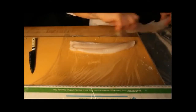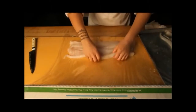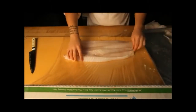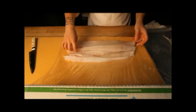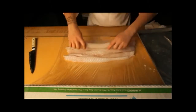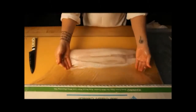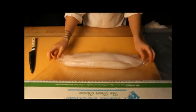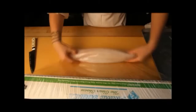And we have to get the meat in contact with itself in order for those covalent bonds to actually be formed. So that you can see what we're doing now, again, it's been brushed, the reaction is beginning to take place. We have a limited window in which we can make a nice, clean bond. So we take that fish that's been stripped, brushed, and now we're going to roll it up. And what was once a misshapen piece of fish is going to be a really nice, uniform piece of fish. Misshapen is maybe not the kindest thing to say about God's creation, but